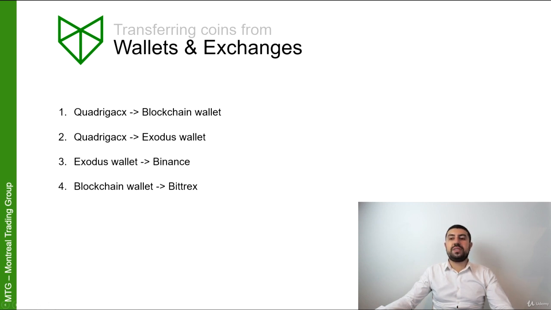Now, from Quadriga, we send some Ethereums to our Exodus wallet. That came in pretty quickly. And then from the Exodus wallet to Binance, and that's already in pretty quickly. And that's how you can see that Ethereum is so much quicker, and the benefits of having a quicker transaction